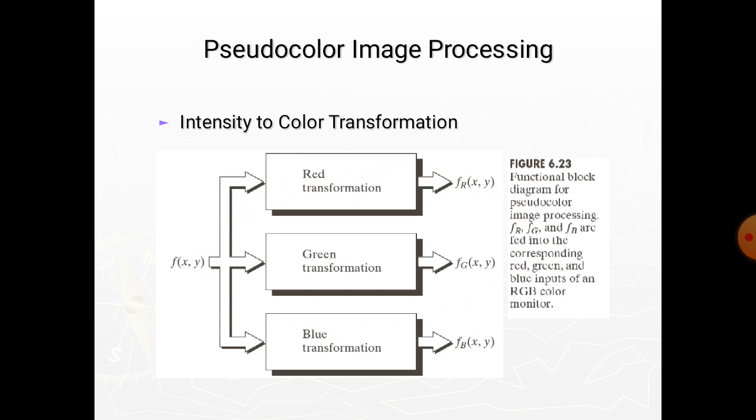Here these transformations are on the intensity values of an image and are not functions of position. This method is discussed here: the piecewise linear functions of the intensity levels are used to generate colors. On the other hand, transformations can be based on smooth nonlinear functions, which, as might be expected, gives the technique considerable flexibility.